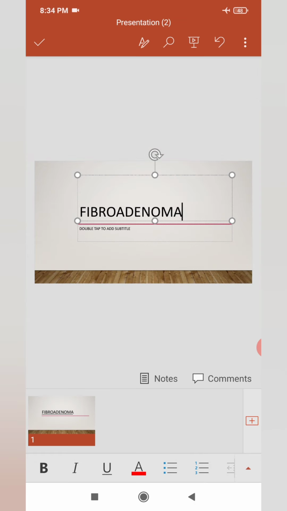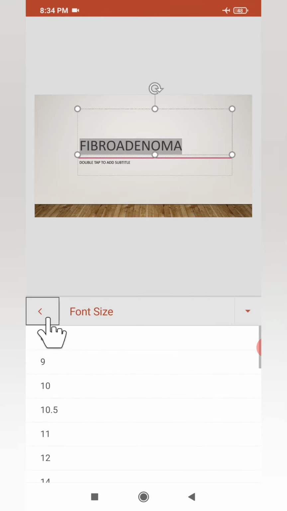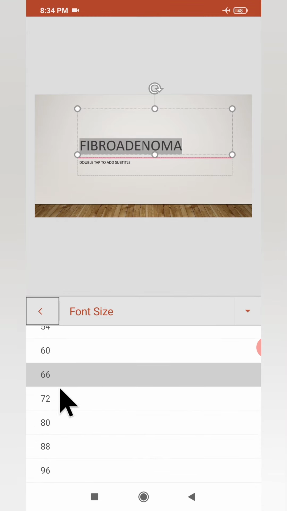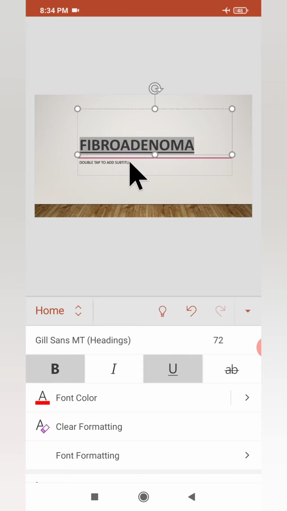Alright. Now guys, suppose you want to increase the size of this font, then you have to select this particular text, and here you have to select a font size. Suppose I am making a font size of 72, so you can see that size has been increased. Now suppose you want to highlight this selected text, then you can make it underline from here. Suppose you want to change this to italic, so you can change it to italic shape as well, and you can bold the selected text as well.